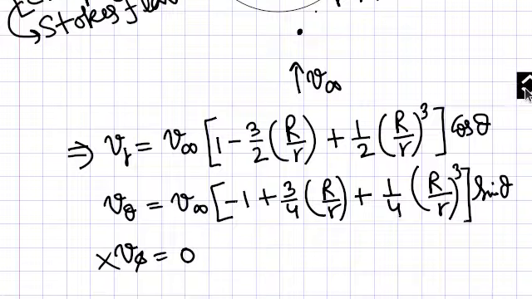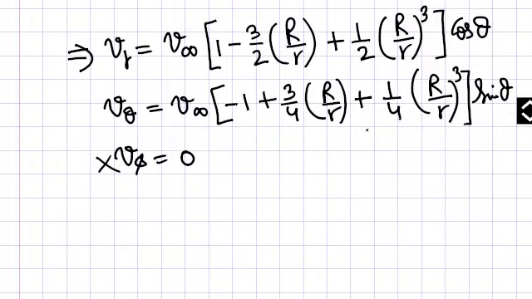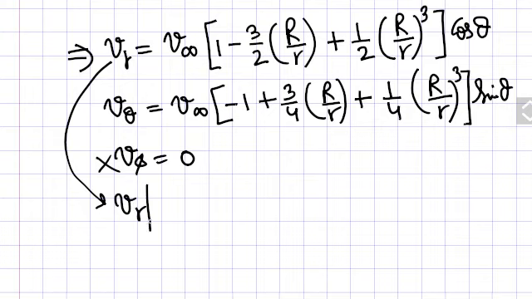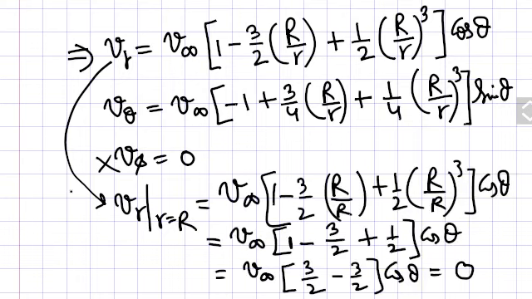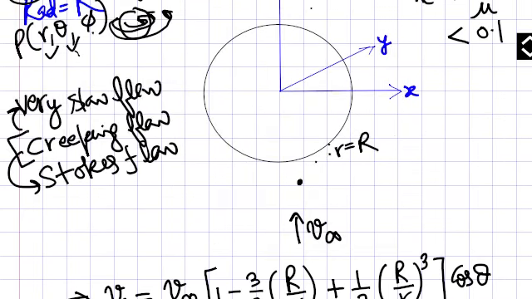We will put r is equal to capital R in this equation. So we will write it this way, r is equal to R. It means that we have fixed the velocity at r is equal to R. Now we will put r is equal to R there. So you can see the result, it is 0. At the surface you can imagine that the velocity Vr will be 0.